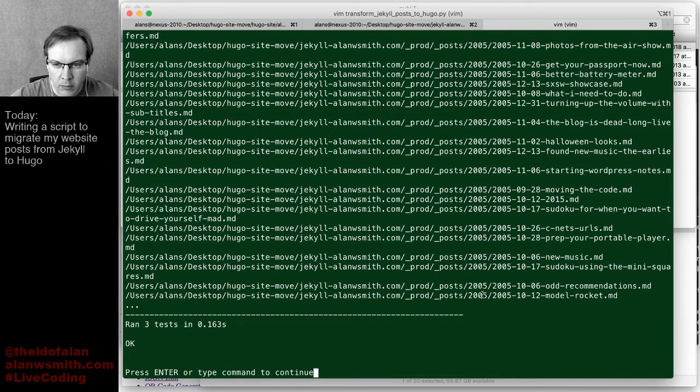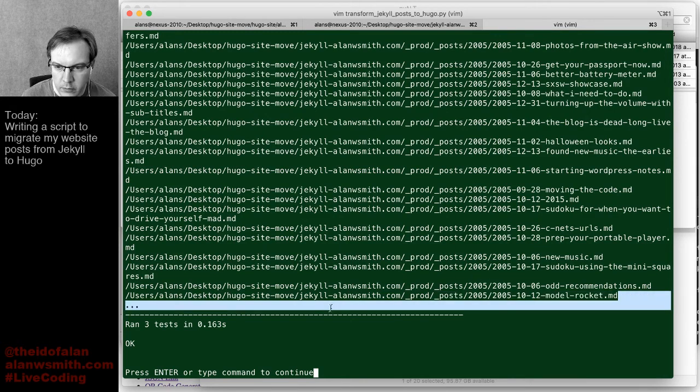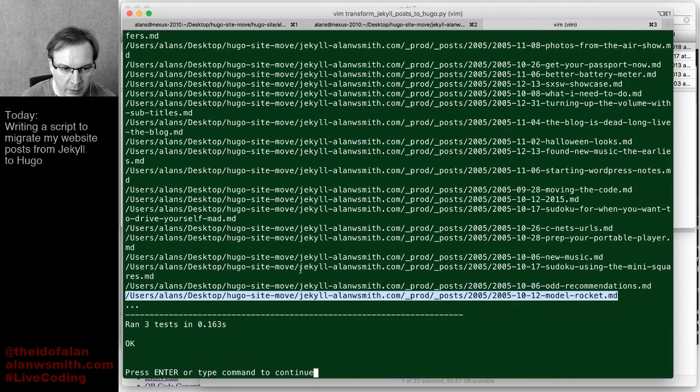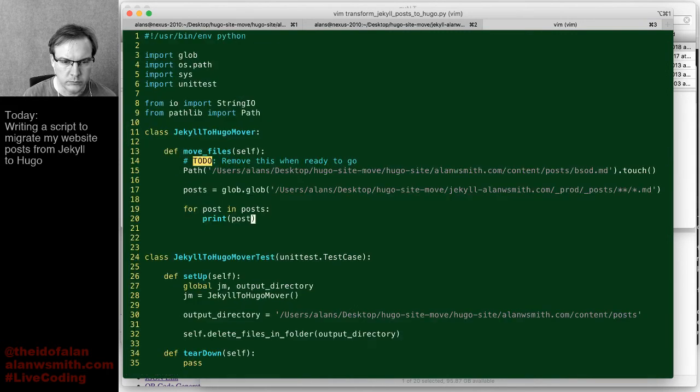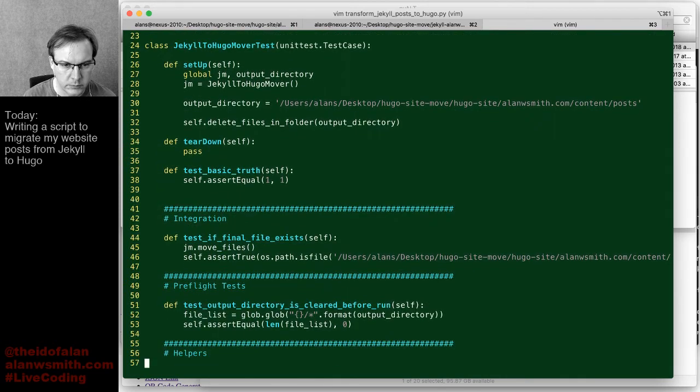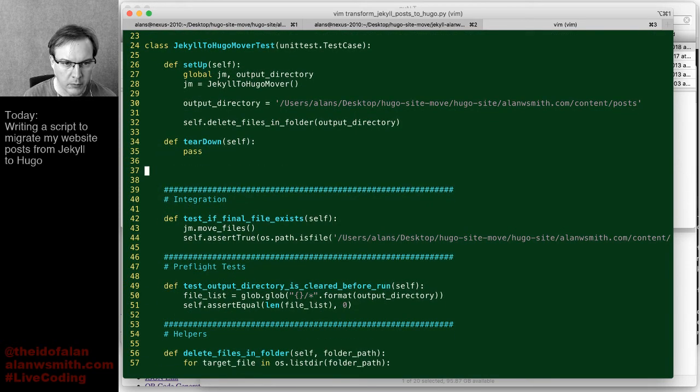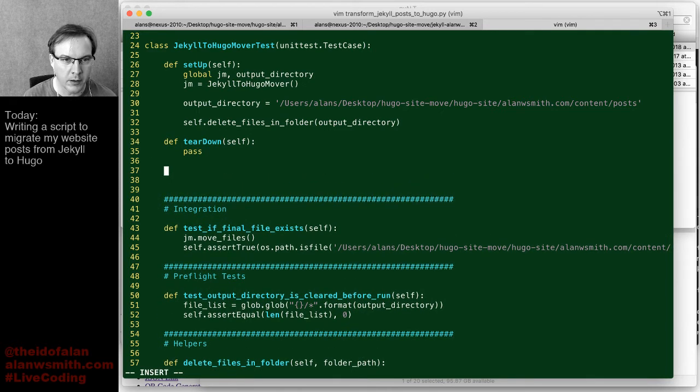And so now what I want to do is deal with the file name. So we're going to make a new test. Oh, I don't need basic truth. Ha! I don't need basic truth. It's funny. Def test